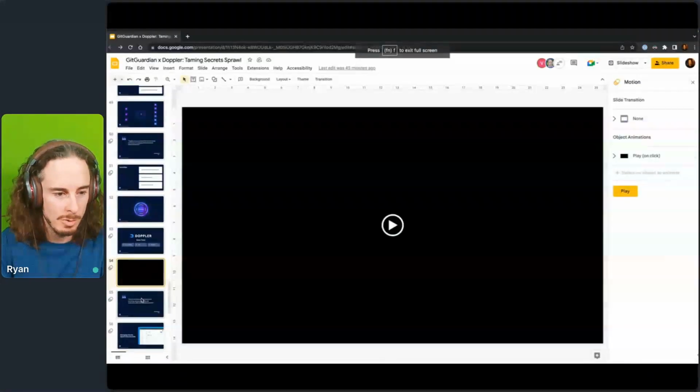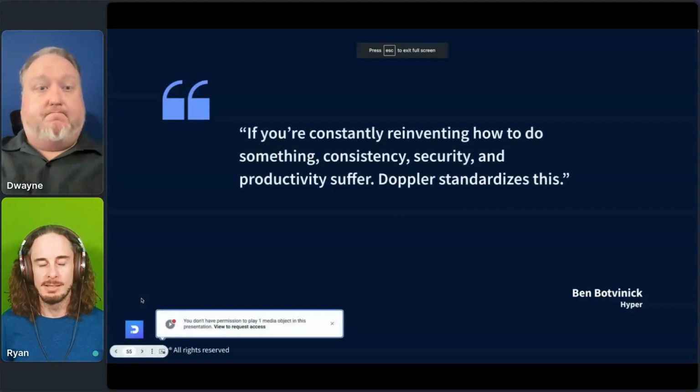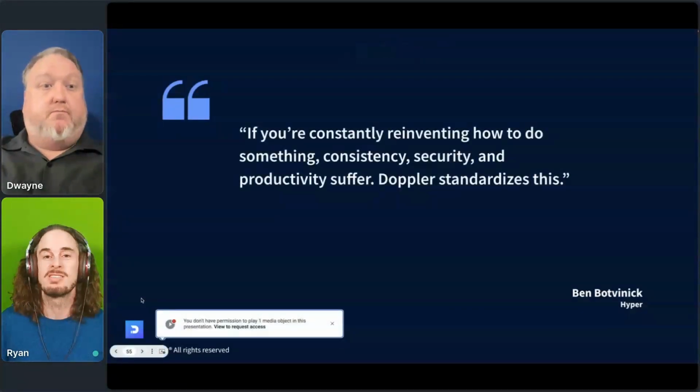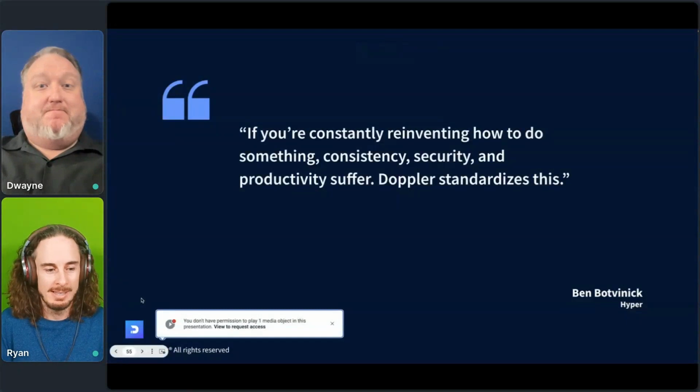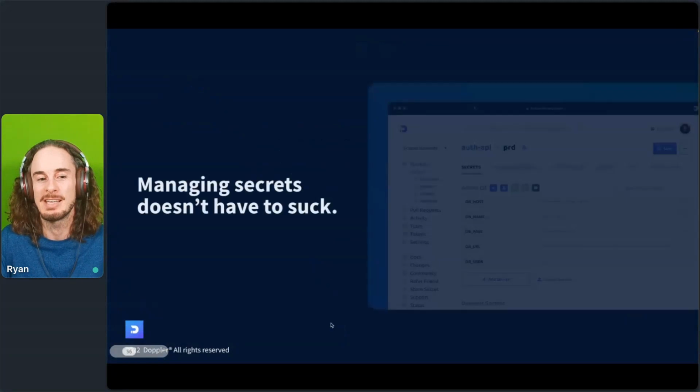Okay. The other thing that SecretOps gives you is just consistency. When someone says, hey, how do we manage secrets? The answer is SecretOps. And then, once the answer is SecretOps, then you've got a way to have a consistent conversation with the rest of your